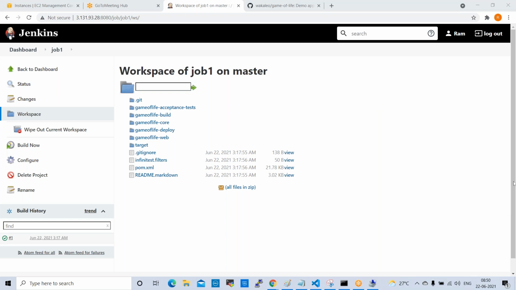Sir, do we also need to create multiple versions of Git or Java as in the case of Maven, or is it only required for Maven? Java is not required. Multiple versions of Java are not required. In real projects, normally Maven will maintain different versions. One version of Java is enough.